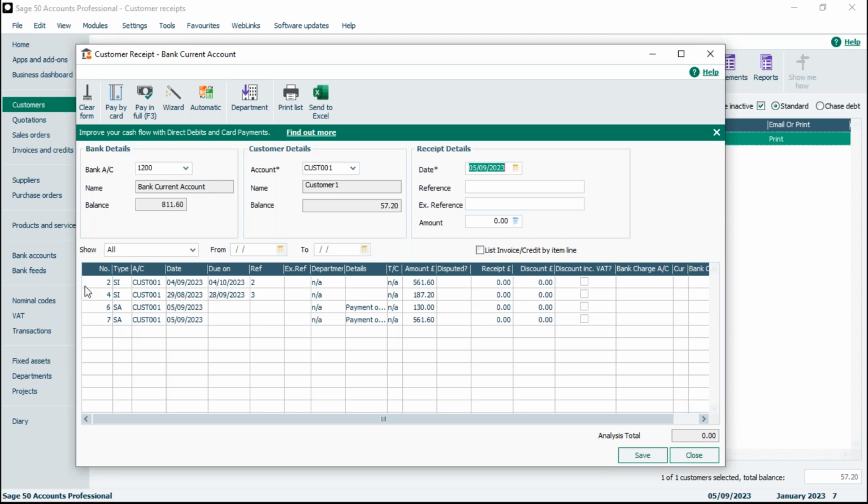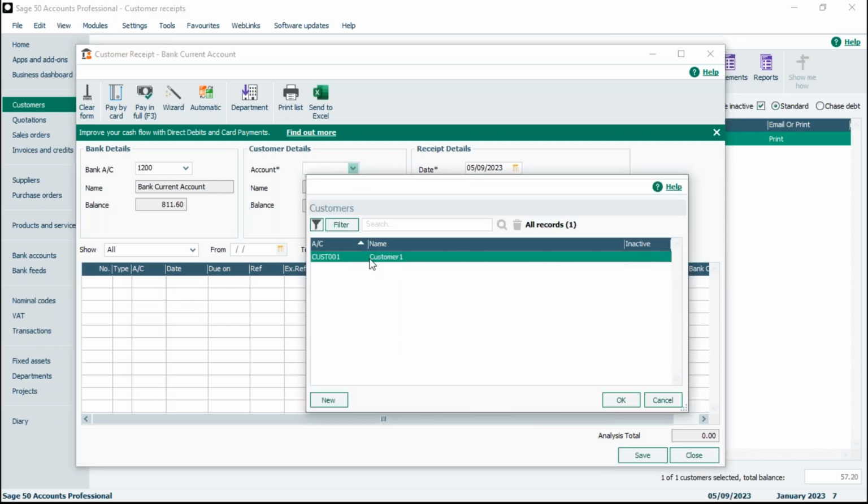So what I want to do is marry off transaction 2 to transaction 7 here. So what I need to do, in the column for receipt, is either pop the amount in that I'm allocating or pay in full, and do the same against the payment on account and pay in full here. Now what I always say is, if you want to make sure you're not posting anything, just make sure your analysis total is 0. If the analysis total is 0, it means there's nothing to post. So when I click on save,